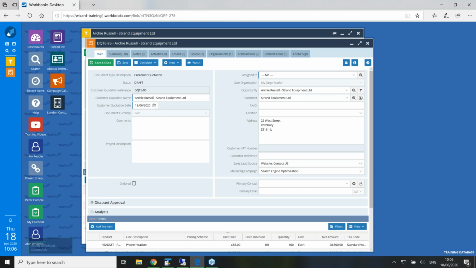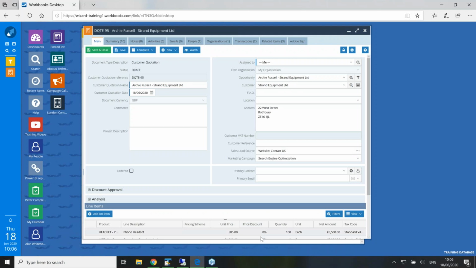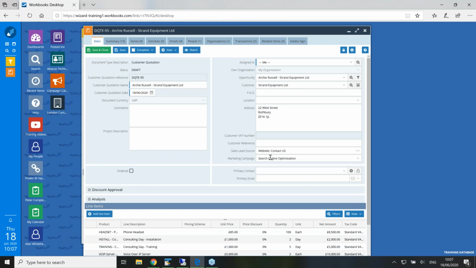So here I'm faced with the quotation record. You can see in the background I've got the opportunity record, and this quotation has the line items and all the detail within it. As discussed in last week's session, when you open up the quote record, it is currently presented as a status of draft, which allows the day-to-day user to edit and change the quote according to the information that's required. You might put some comments in, you might add some different address details and so forth,